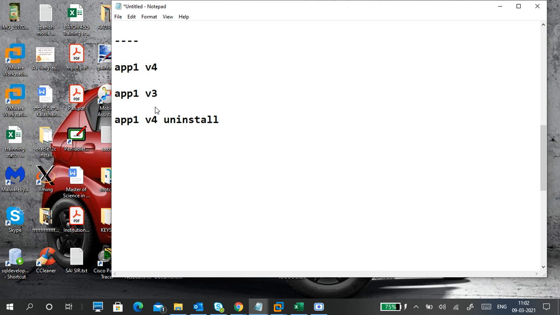After uninstalling version 4, I try to install application version 3, and it still throws an error: a new version is available.